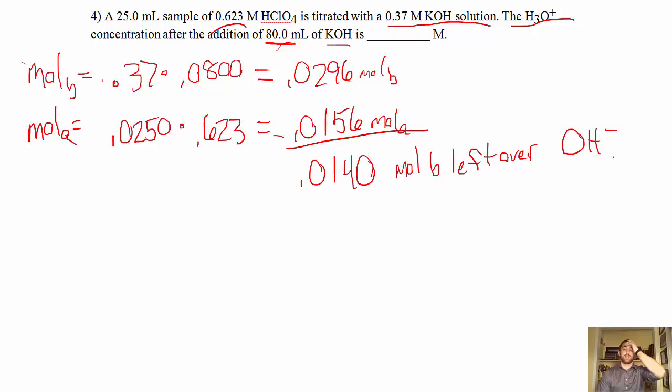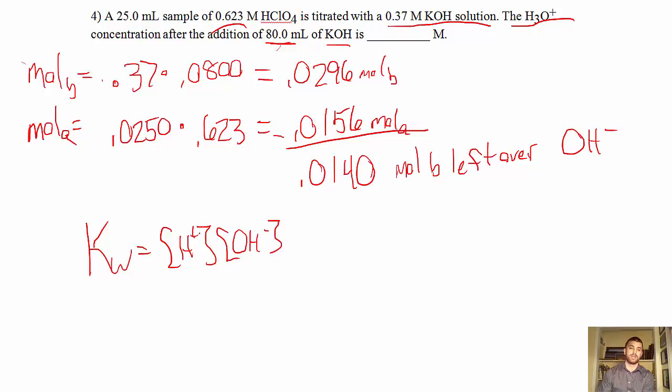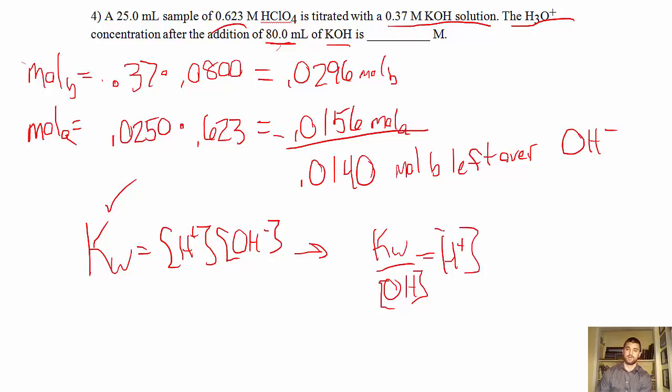Interesting. So how do I get from OH minus to H3O plus? Well, I know that Kw has to equal the H plus concentration times the OH minus concentration, and Kw at room temperature is always the same. So I'm solving for H plus, do a little algebra. It's going to be Kw over the concentration of OH minus equals the H plus concentration. So I'm going to plug that in. I've got 10 to the minus 14 all over my